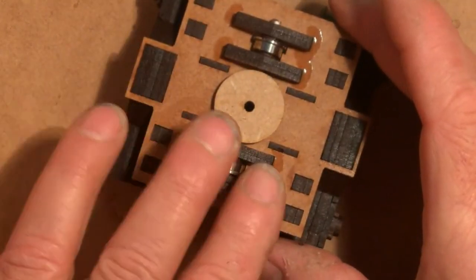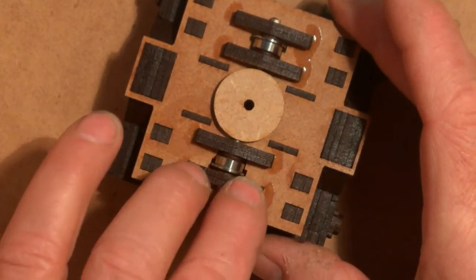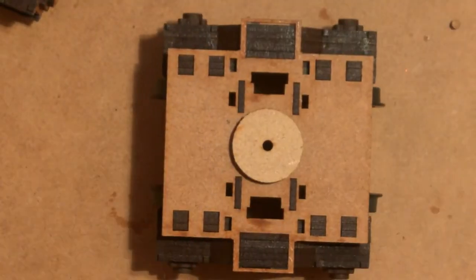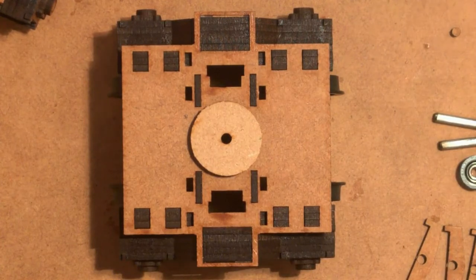Make sure they're pushed down firmly, the bearing still rotates, and put that aside for a couple of minutes to dry. Meanwhile, we can carry on and do the other one. Right, so we've done the rotation bearings on one bogie, now we're going to do the same on the other